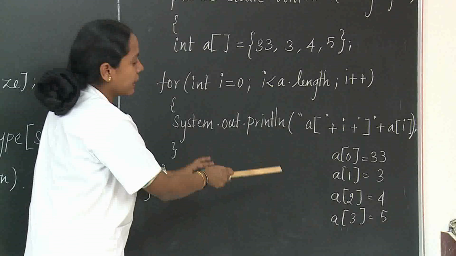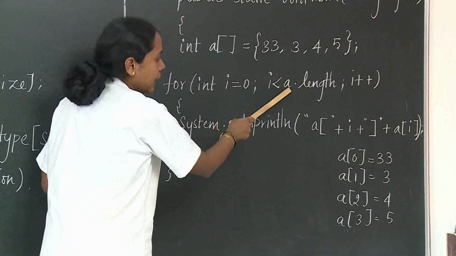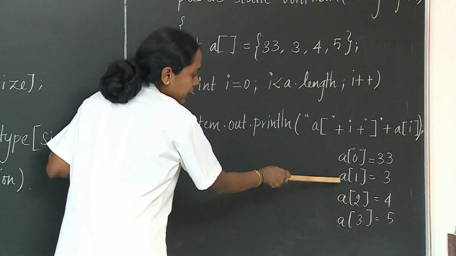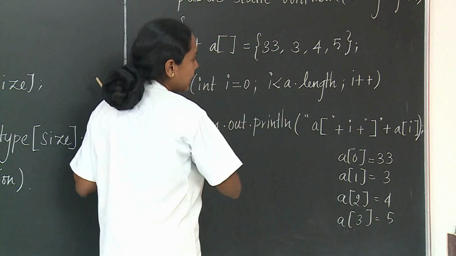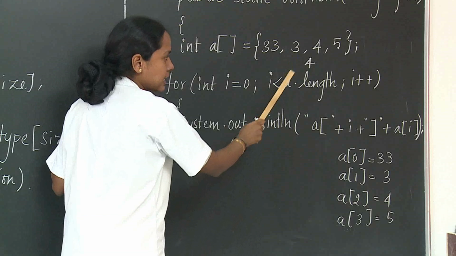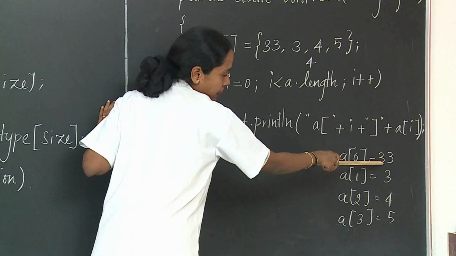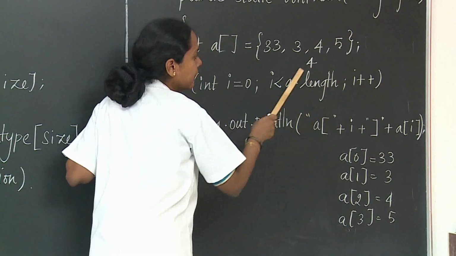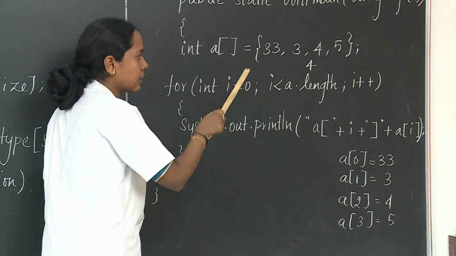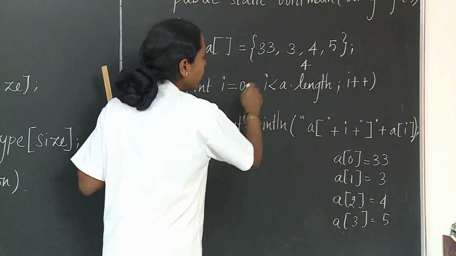Here I am printing these values as they are. Okay. So in the loop, a dot length means a is the array, and the array length is 1 2 3 4. So array length is 4. So first i will be 0, and it is less than 4, so it will be executed. a of 0 is 33, it will be printed. Okay. Again it will increment by 1, which is less than 4, condition true, and up to 3 it will print the same thing, and once it comes to 4, which means the